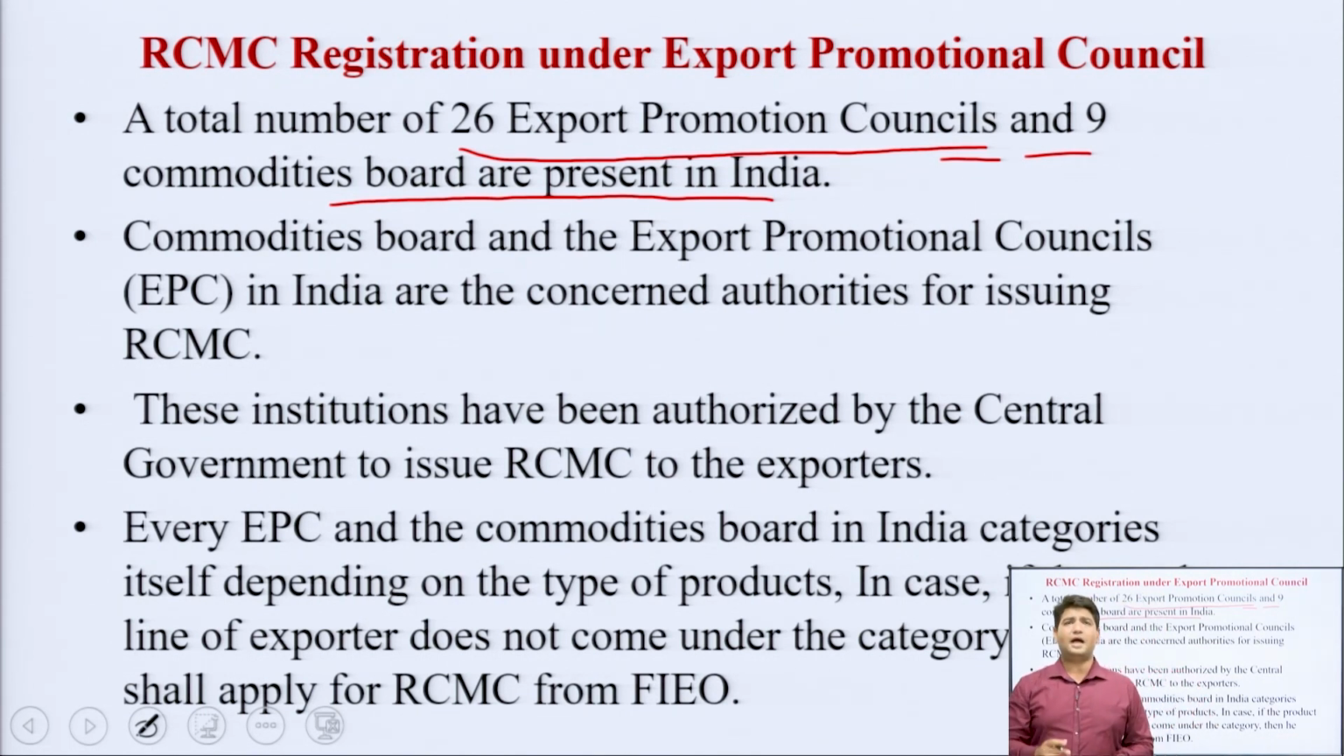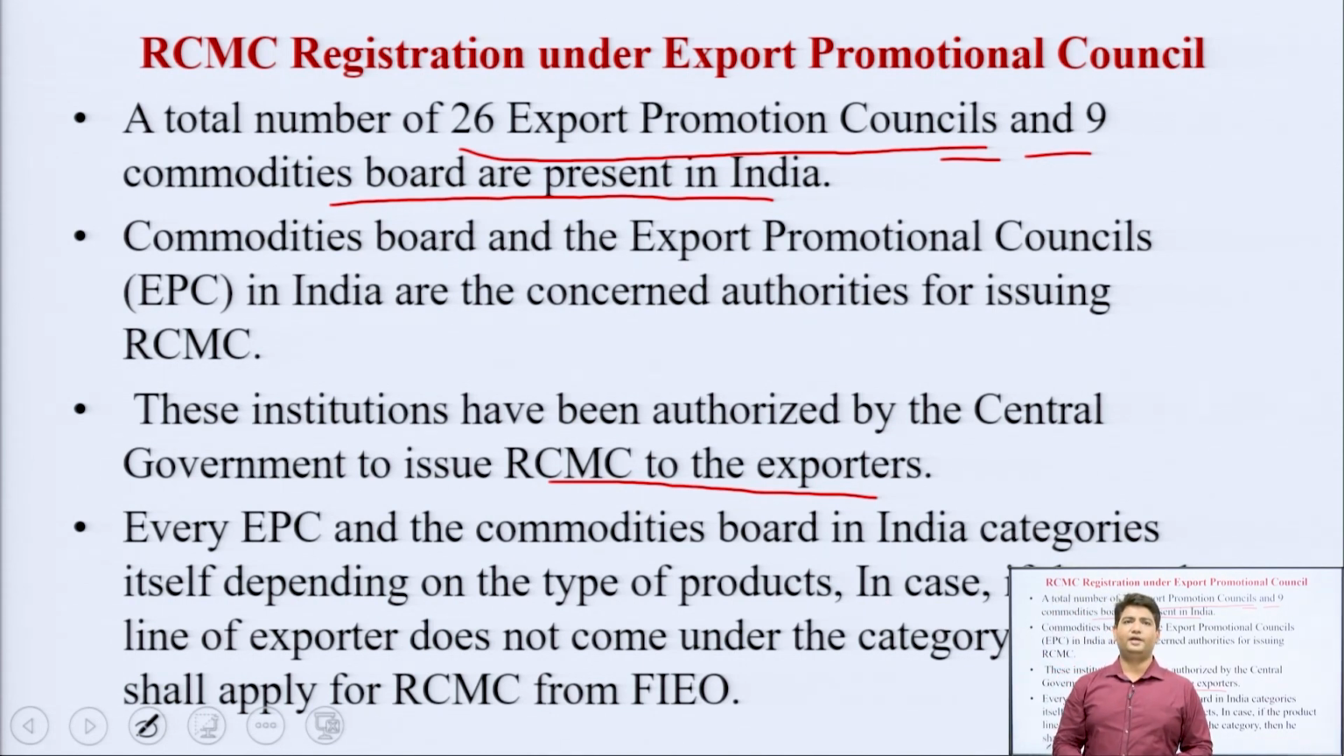Commodity Boards and the Export Promotion Councils, EPCs, in India are the concerned authorities for issuing RCMC. These institutions have been authorized by the central government to issue RCMC to the exporters. Every EPC and Commodity Board in India categorizes itself depending on the type of products. In case the product line of the exporter does not come under the category, then he shall apply for RCMC